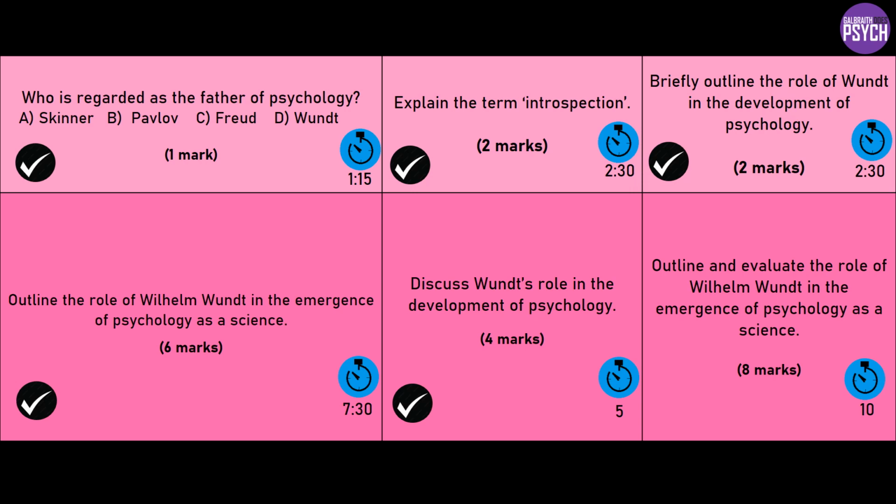So you could discuss Wundt's role by talking about the role of people like William James. Even if you have never heard of William James, and if you're a psychology student and you've never heard of him, look him up. Please do. Read some of his work. Anyway, if you've never heard of him, you do have other things to talk about from the course. Wundt maybe is an important figure in the emergence of psychology as a science, but when you consider that his methods weren't really that scientific, and look at what other people were doing 10, 20 years later, look at the role of people like John Watson, Ivan Pavlov, and slightly later, Skinner. What were they doing? Arguably, what they were doing was more scientific than what Wundt did.